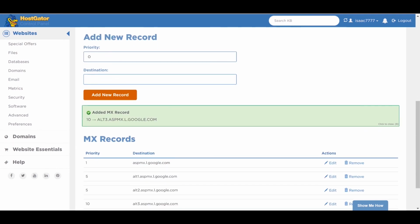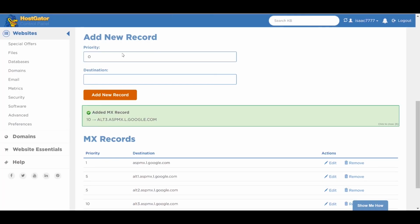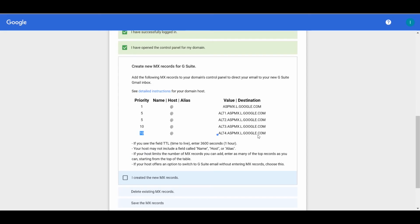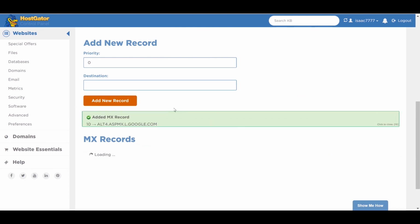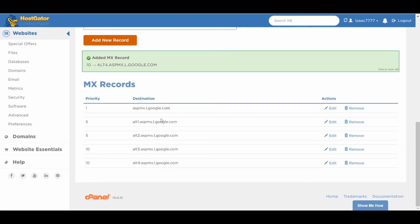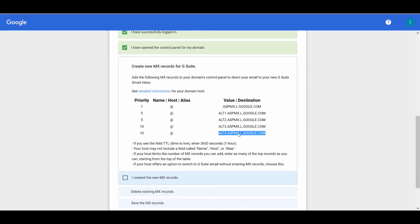Okay, one last one to do. Copy the 10, then copy our destination and paste it in, add new record. Awesome. Make sure that they're all there and they look like they're in the right order. See 1, 2, 3, 4. Awesome, all good. Now what we're going to do is go back here and simply tick this one